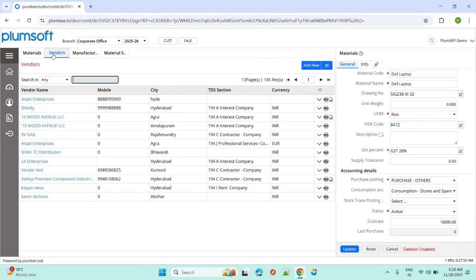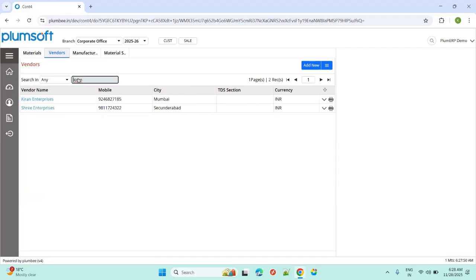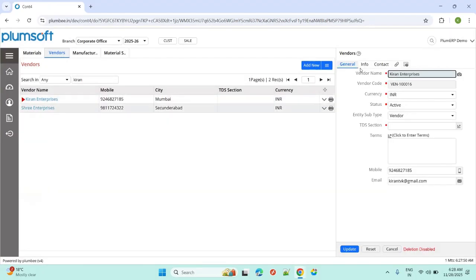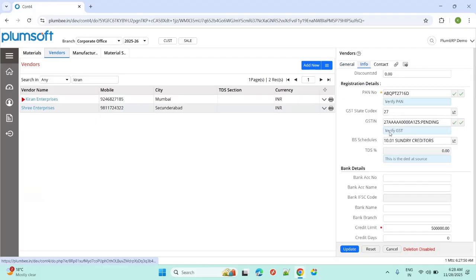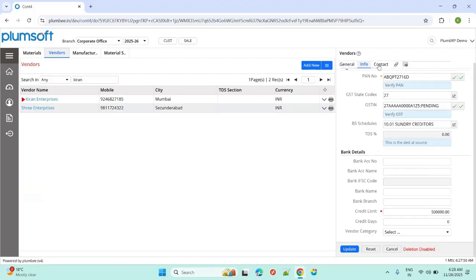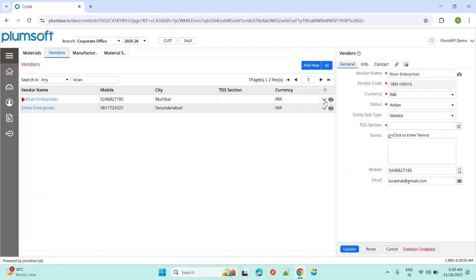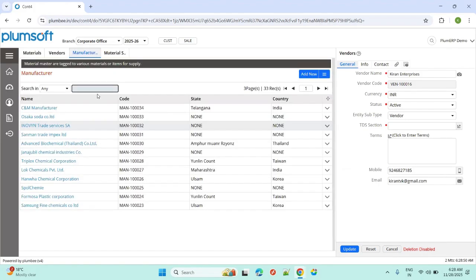Similarly, is the vendor master. Now let us take some enterprises. So even vendor details, information related to the vendor, or PAN other information, bank details, and address details. And in case of manufacturer details,